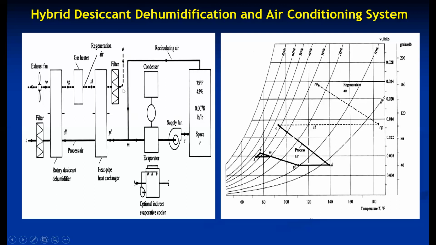The reactivated air, it first, that is again outside air, that is a common point. That outside air is made to flow through the condenser portion. The condenser portion gives up heat to the air, so the air gets heated. That is O to XL. Then it is made to flow through the gas heater, where its temperature increases further from XL to RG without increasing its humidity, because specific humidity remains constant. That is XL to RG.